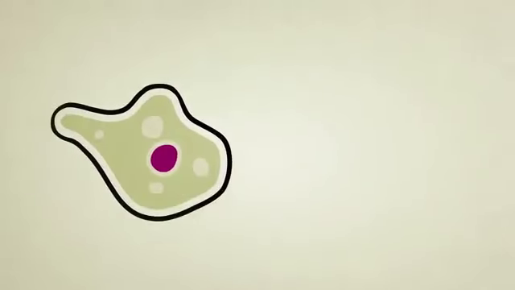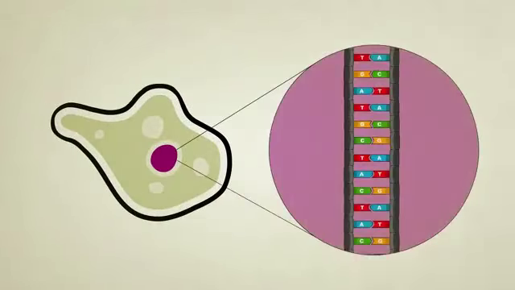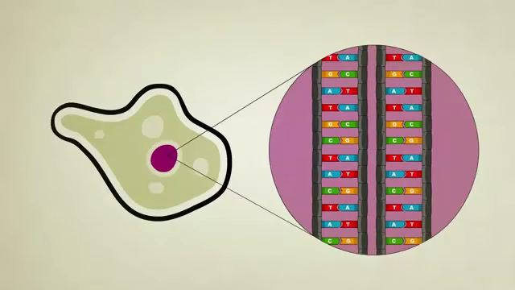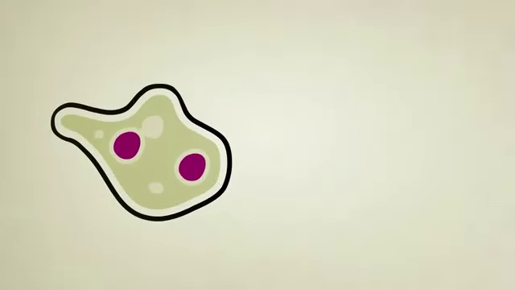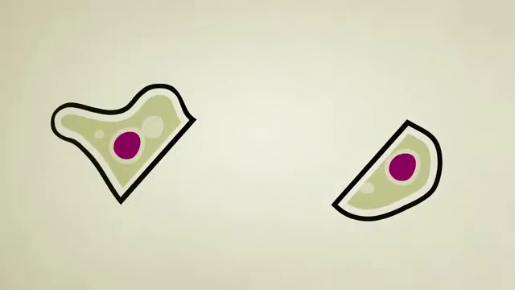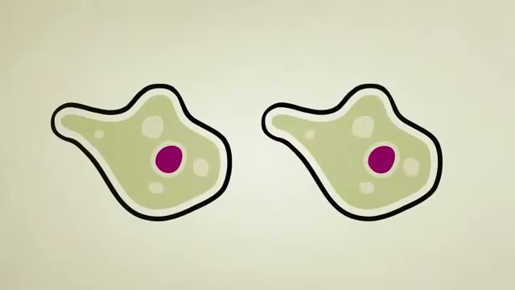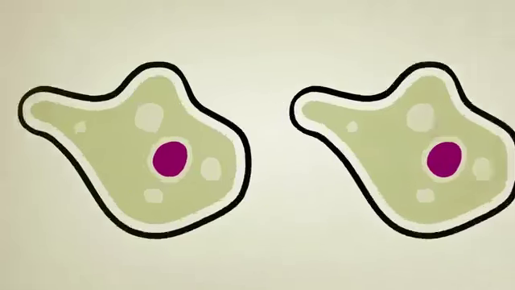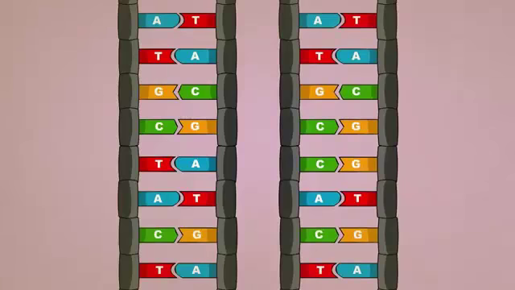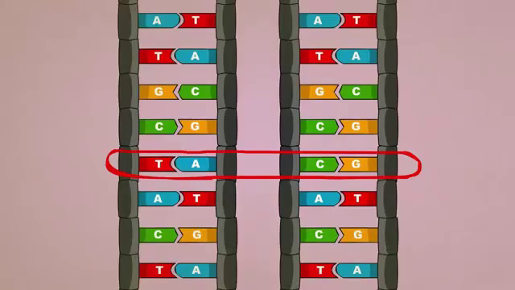Single-celled amoebas and other simple creatures reproduce by copying their DNA inside their guts, moving both copies to either side of their body, splitting in two right down the middle, and then growing back to full size. If all goes well, the two new amoebas will be exact copies of each other, but in nature, things aren't always perfect. When DNA is being copied, errors can occur which modify the DNA code. This is what we call a DNA mutation.